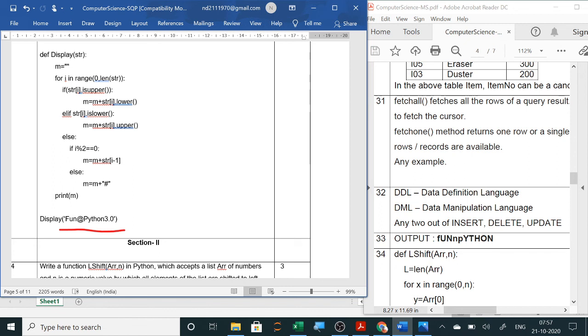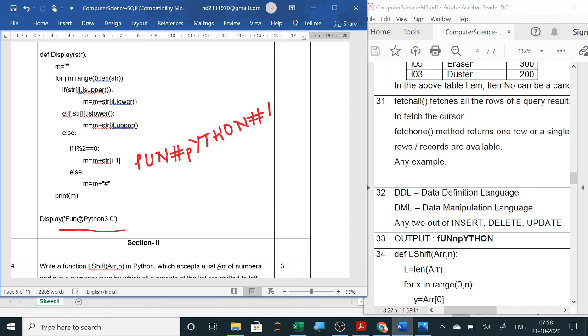So what will be the answer here? Check the answer once again. F will be small, then U will be capital, N will be capital, then in place of at the rate you will have a hash sign, then P will be small, Python: Y P H O N. After that, 3 is not divisible by 2, so hash.